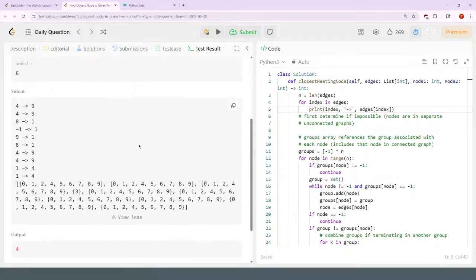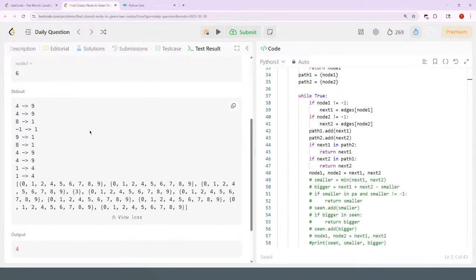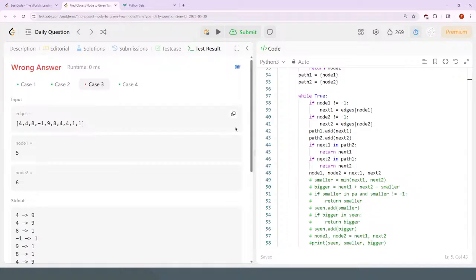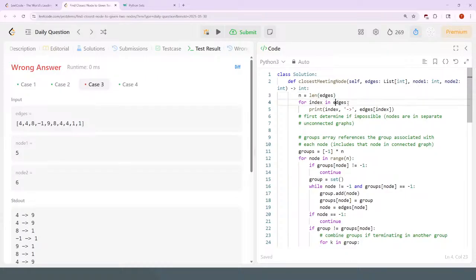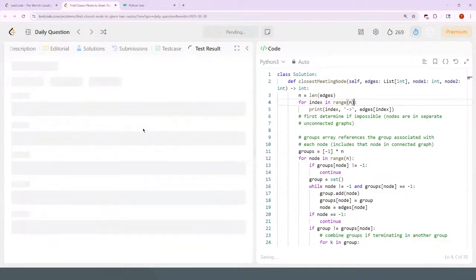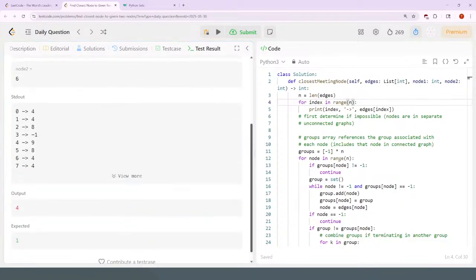Right. For every index in the range of n. Okay, so